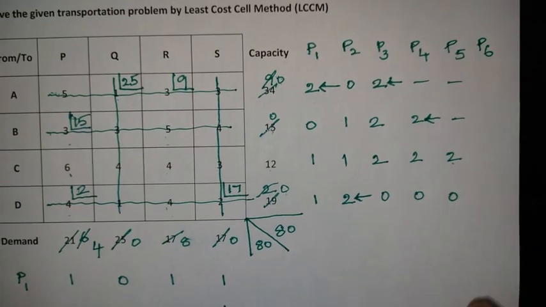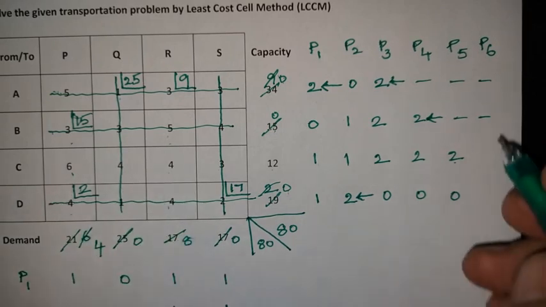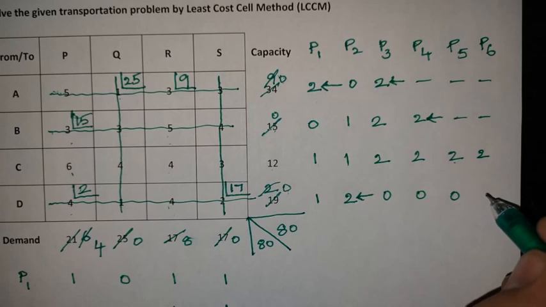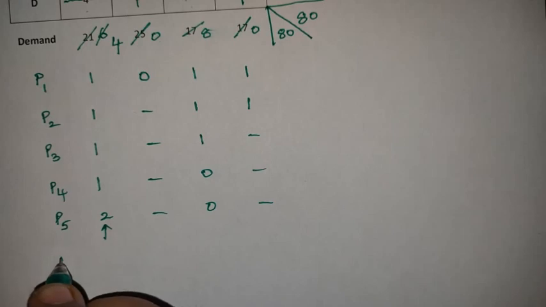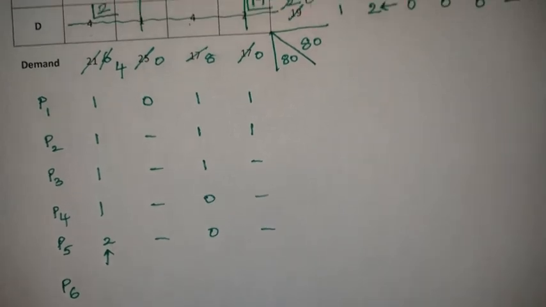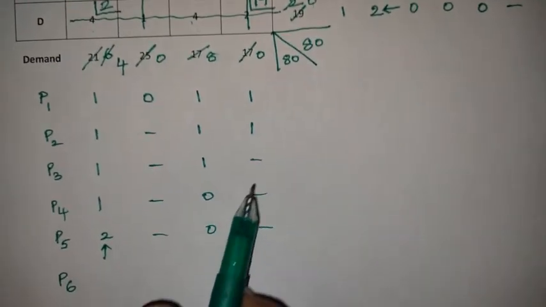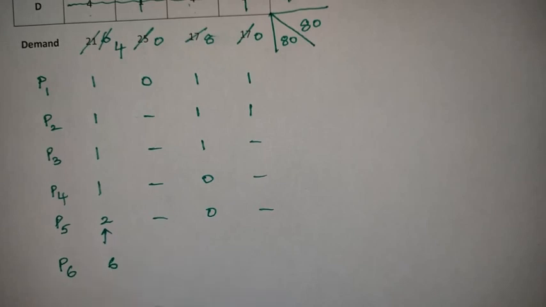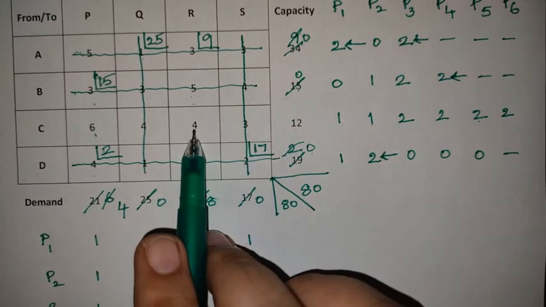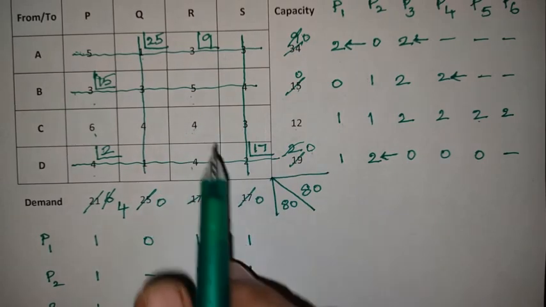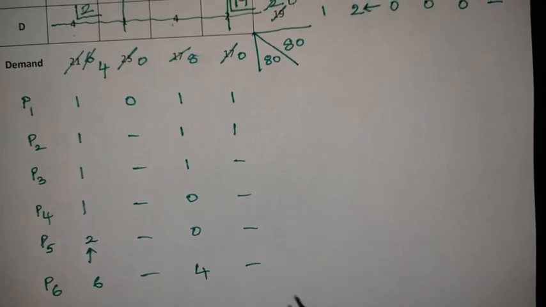So let's go for the next iteration. First row is not there, second row is not there. What is the difference here? 2, and fourth row is not there. Next, let us calculate for the column. In this column only this value 6 is there, so write that one. No need of any difference now, as column Q is already struck off. In column R, what is the minimum? Only one value is there, so that will be the penalty. So 4, and column S is already struck off, so hyphen.